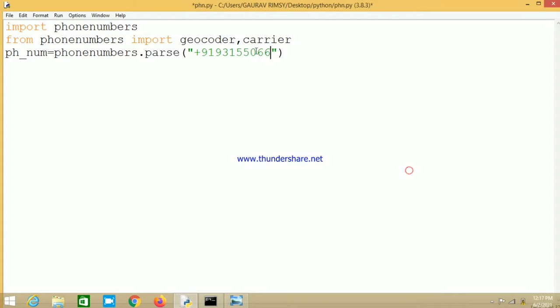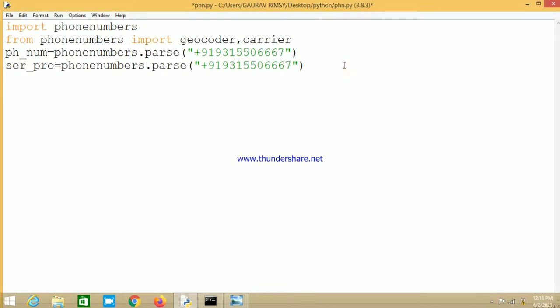Then I am taking another variable for the service provider. Service provider equal to, we can copy this code also, phonenumbers.parse, and then again we need to define the phone number along with its country code.